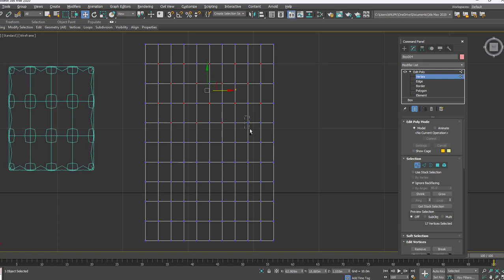Hold Control while selecting the multiple edges. In order to select multiple, you have to press Control. Don't leave the Control. Continuing the same process till the end.